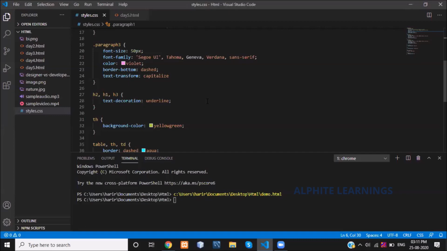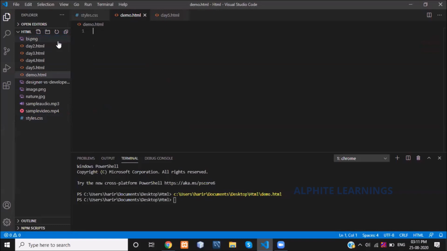I'm not going to use any extra or advanced tags in CSS and HTML, just what we have learned in the past 5 sessions. Let me start. I'm creating a file, demo.html. If I use any additional properties which you are not aware of from the past 5 days, I will explain them.